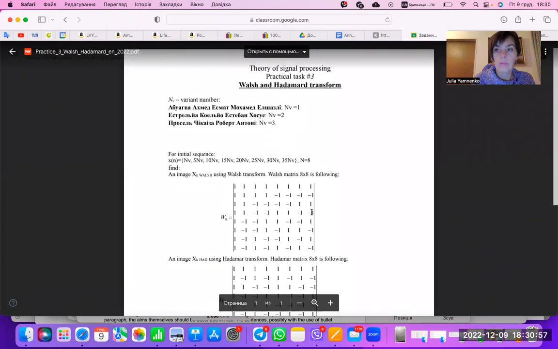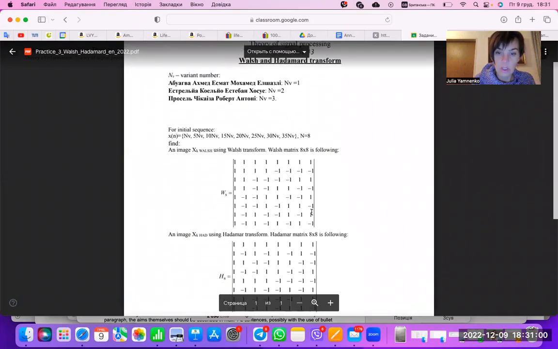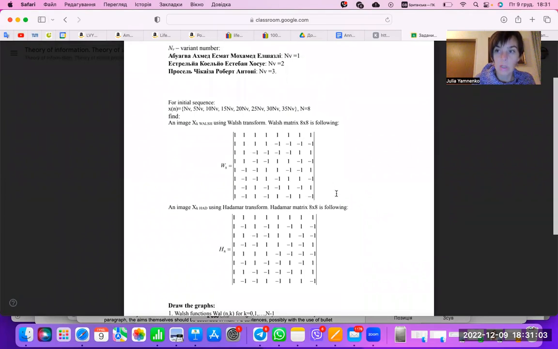So the issue was that there was a mistake with the first matrix, that is the Walsh matrix. And I just discovered it during my conversation with Ahmed, when Ahmed explained to me his variant and his way of calculation. So I'm very sorry for this, and I would ask Anthony to correct your task,